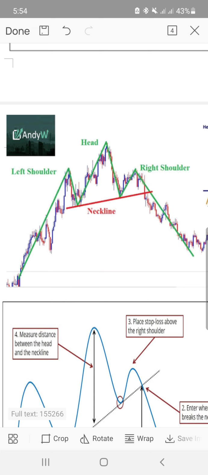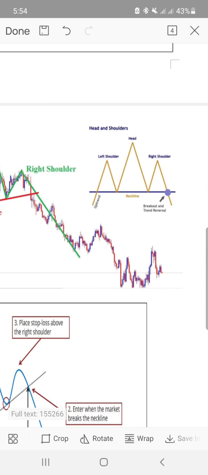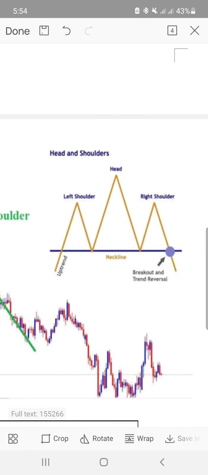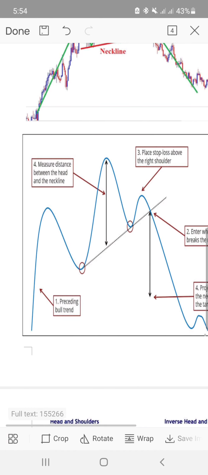As you can see now, it formed the left shoulder, formed the head, formed the right shoulder, and breakout. Breakout is always where your entry is going to be. Same thing with this diagram, right? Same thing with this diagram. These are just images to help you understand, right? So see here,